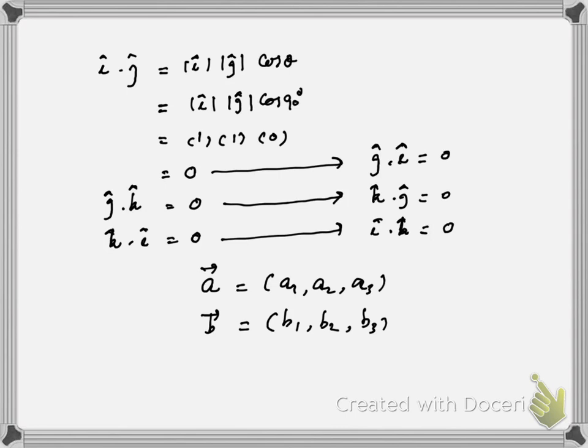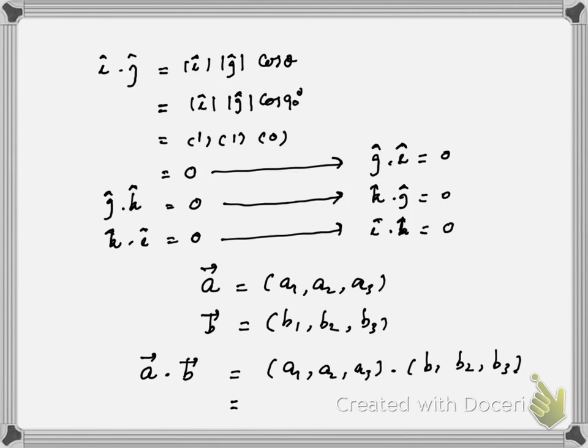A1, A2, A3 are the components of vector A. B1, B2, B3 are the components of vector B. If angle between these vectors is not given, how do we find their dot product? Their dot product A dot B is equal to vector A, A1, A2, A3 dot B1, B2, B3,